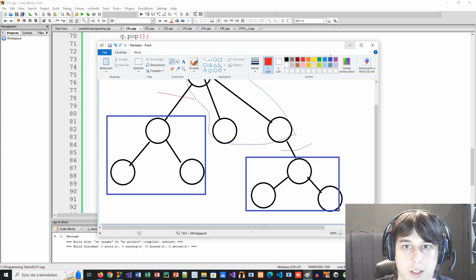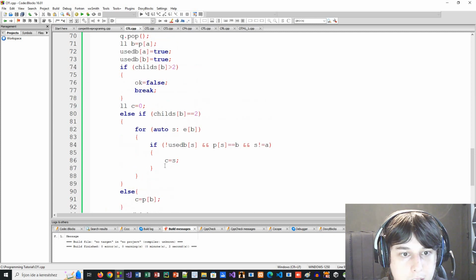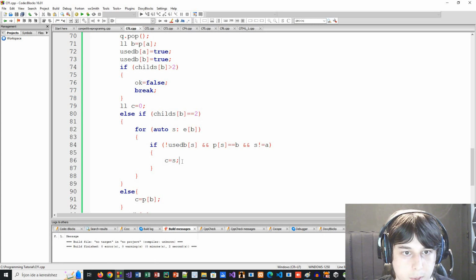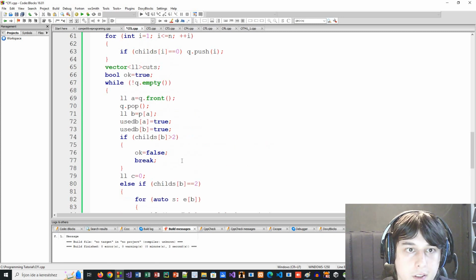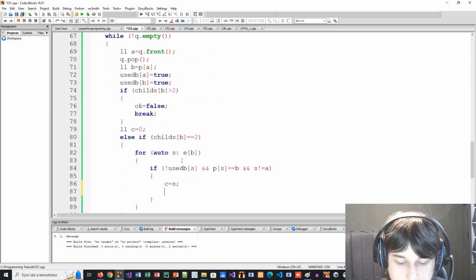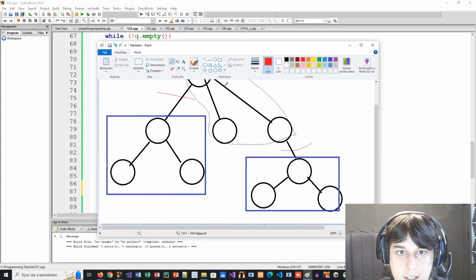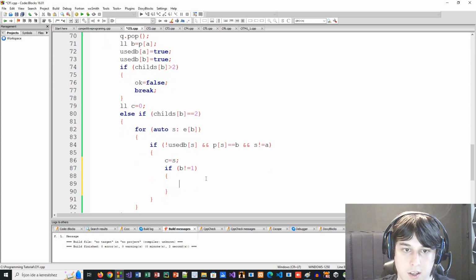So we need to cut above. So if we had 2 childs and the parent here, and we are currently not at the root of the tree, which is 1. So if b is not equal to 1, then we had to cut, and